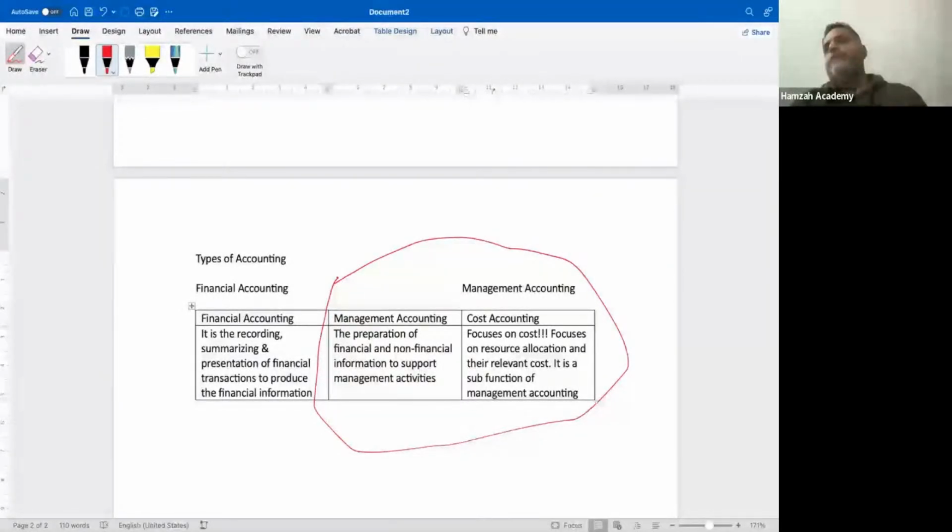So technically, if we have to communicate outside the organization, we normally use financial accounting, because over here we are presenting the information in a summarized form. We are presenting the information in a standard form, via the use of the accounting standards. Over here, the information is presented in a standard way, right? So all these things about the standard relate to what financial accounting is. But if we go towards the